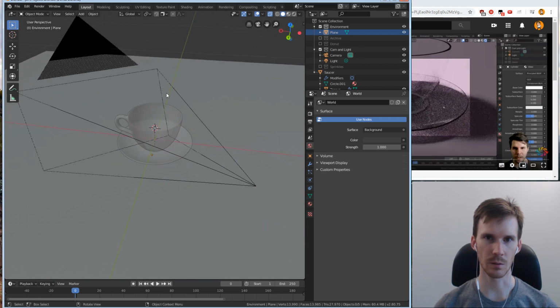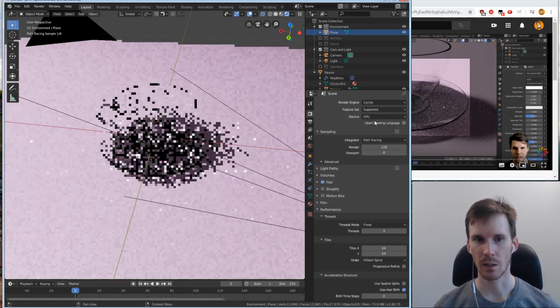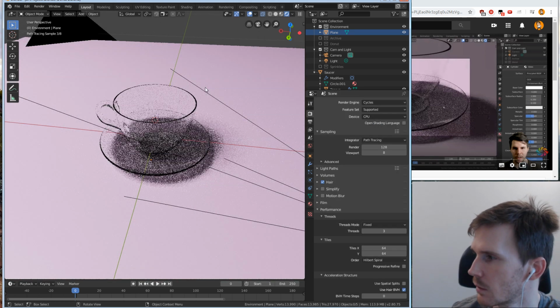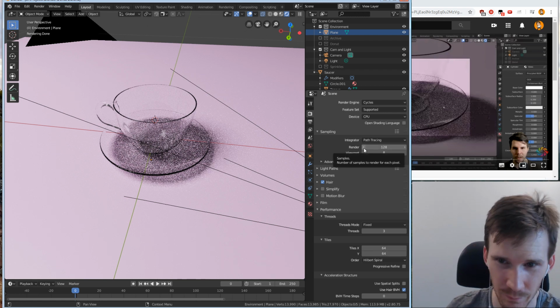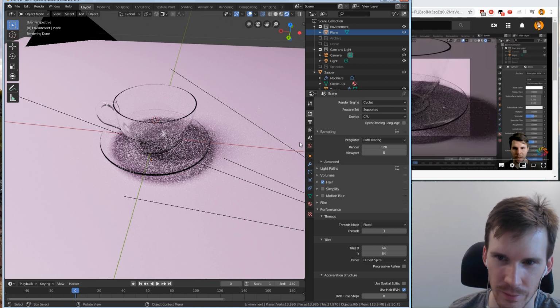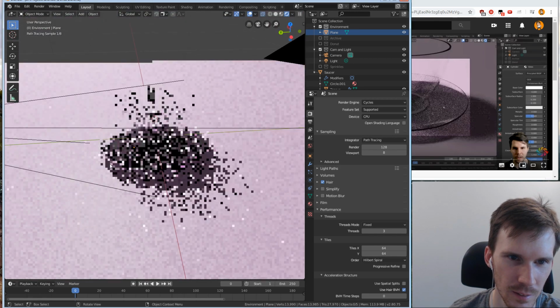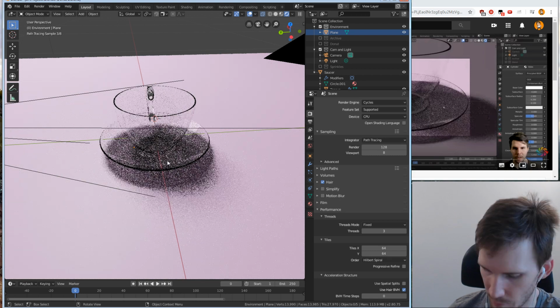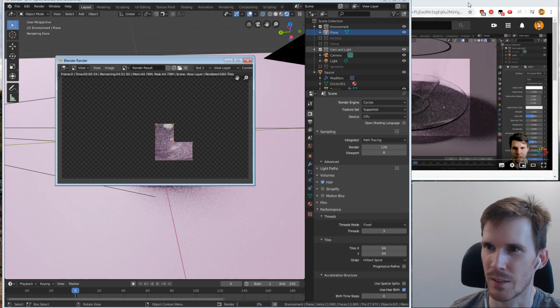Just bring it back into Cycles. I can't see anything. Like 8 samples is just not really enough to be useful. Maybe if I do a full render, we'll wait for this to render on very slowly. Well, oh god, my CPU is just